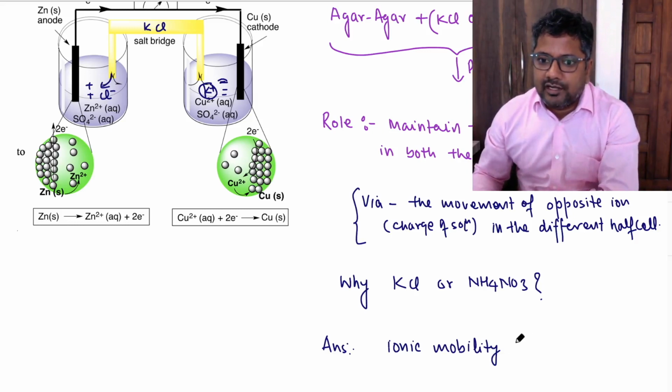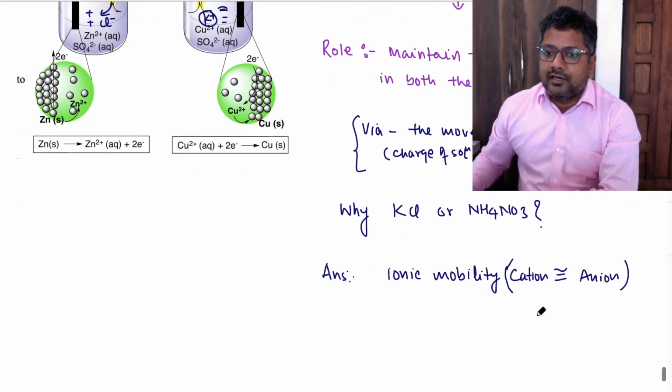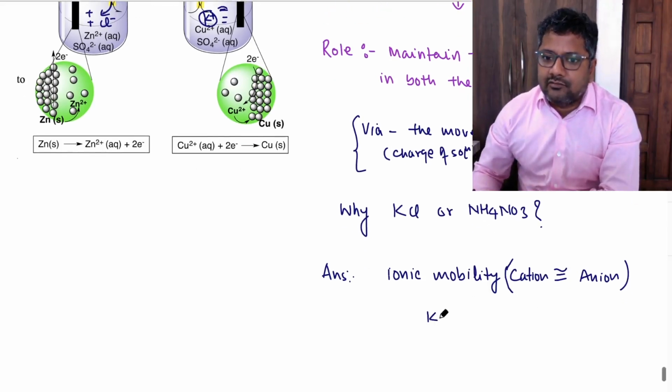So the ionic mobility of the cation is almost equal to that of the anion, right? Since the ionic mobility of K+ (aq) is almost equal to that of Cl- (aq),